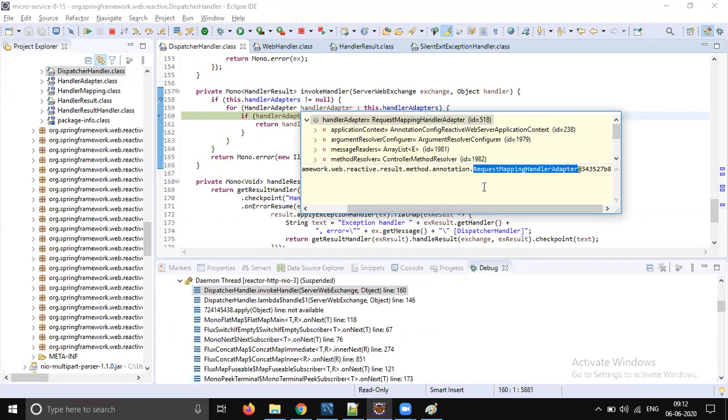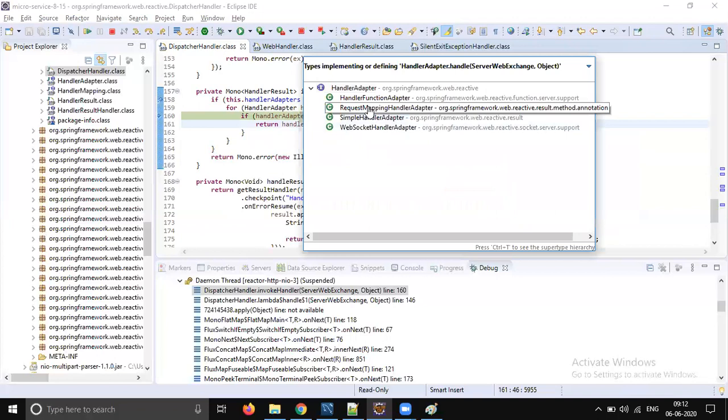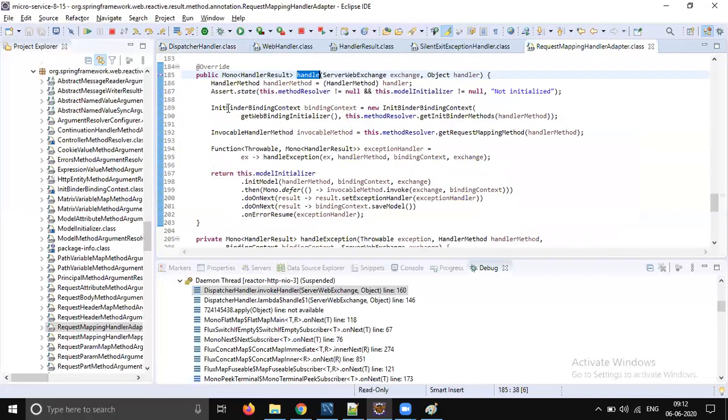We are using annotations, so it's going to choose the request mapping handler adapter. There is another handle method in the request mapping handler adapter, so we just need to go to request mapping handler adapter dot handle method. Yes, so the flow will enter here.